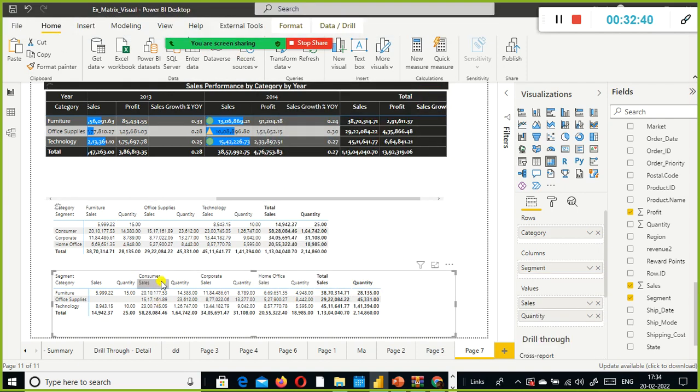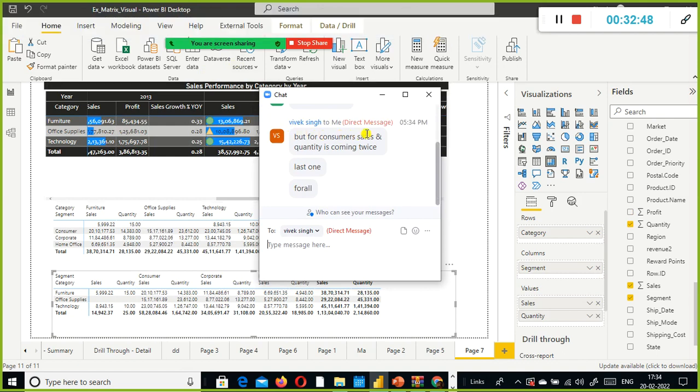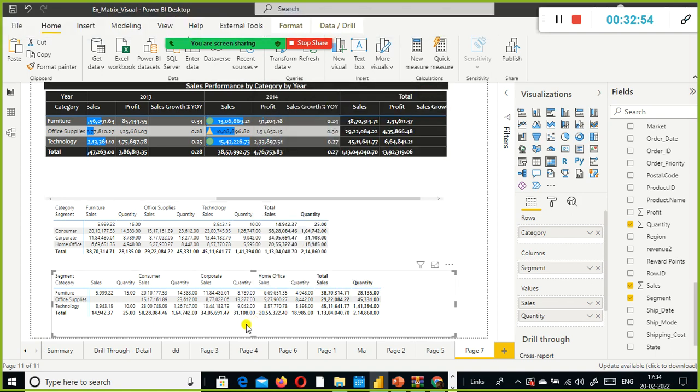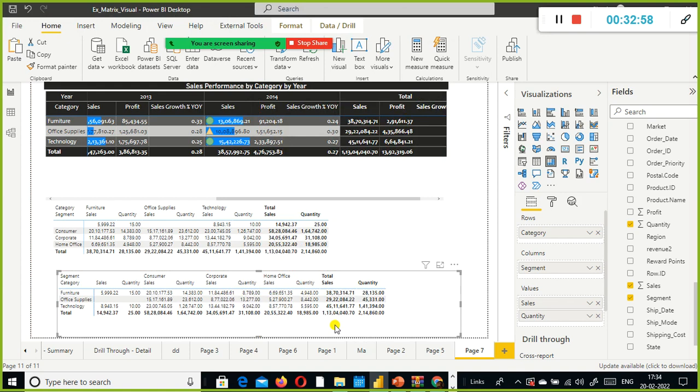Okay, consumer, corporate, home office, right? Yes, we want that one. But for consumers, sales and quantities are coming twice, the last one for all. Okay, so we're talking about the last one. What you're saying is total sales, the sales quantity, consumer sales. Okay, you're talking about this one, right?